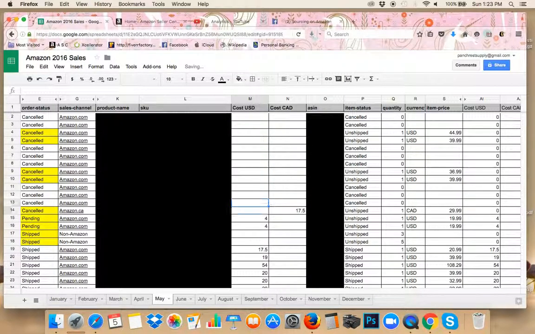Also, these that are pending orders will show up in the next month if they are actually shipped. So you don't want to include this in the cost of goods sold because it's not actually a completed sale. It's not actually sold. So let's delete these, and then